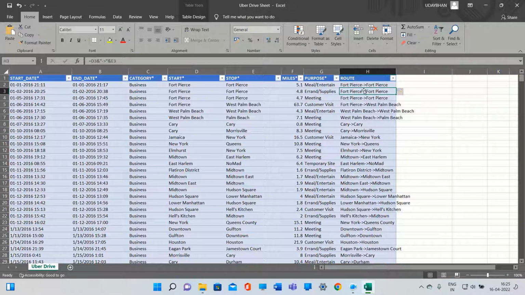So I think I should give some space here. Okay, so some space given here. Now this is the route. We can obtain the route by adding start and stop destination. So this is what I have done here. So to check which is the most frequent route taken by Uber drivers,